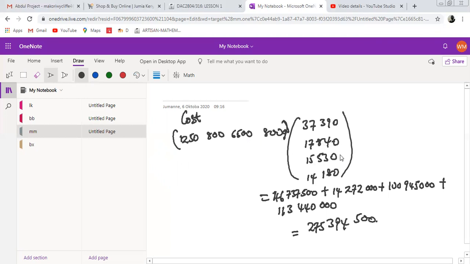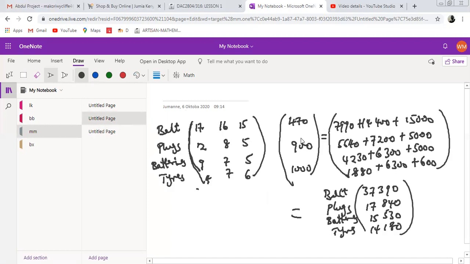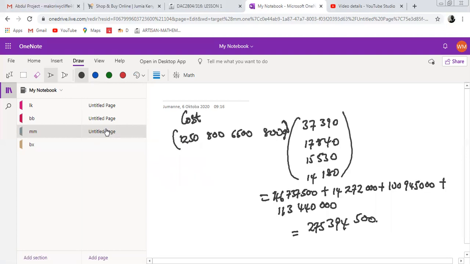And actually, this is the matrix that we obtained in part B, where we were talking about the number of each spare part. We multiply and we got this. So it is this matrix. Now we multiply by the cost. But you need to understand that the cost should be the matrix in front, because if you multiply, as the rule says,